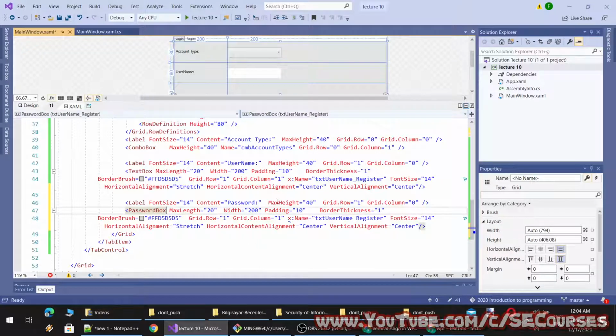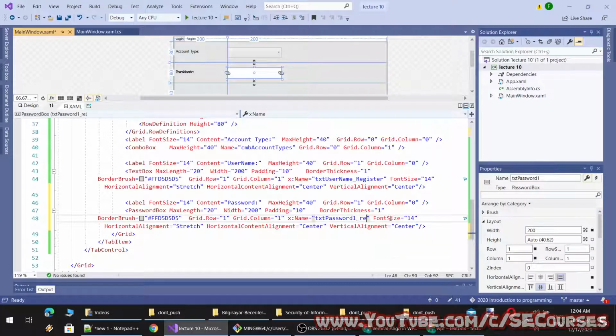Okay, and I have to give it a new name, password 1 register, and let's change its row numbers here.